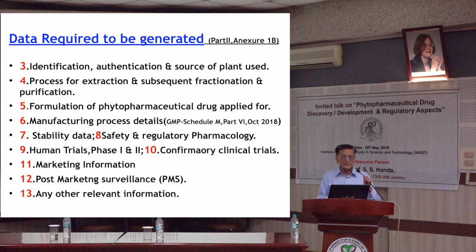Well, the data which is required, it's a long journey now. If I explain each and everything, probably it will take a lot of time. But when you reach that stage of developing a dossier, these are the things one has to take care of. Your identification of the plant, correct identification of the plant, its nomenclature, and origin of the plant,